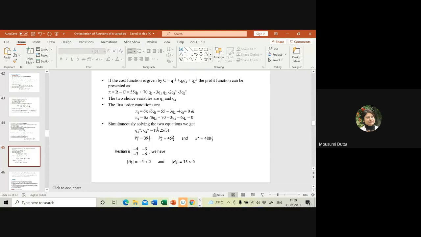That's a different thing. First, some people are telling that the value is not 25 by 3, that is something else. So first we need to clear that. Once we get this value, in that case, this value will come. Otherwise, the value will change. No problem. Some people are getting this to be 23 by 3. Instead of 25 by 3, you are getting 23 by 3. So would you please check again?